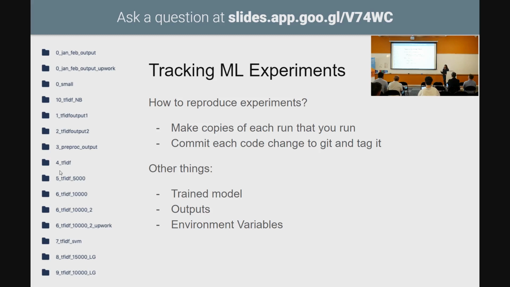That means which versions of which modules were used, which often is a part of Git that you can specify using a requirements file. But more importantly, there's no trained model, there's no output that is stored associated with it. And there's no metric, right? You have the code. How well did it do? What was the precision, recall, AUC?